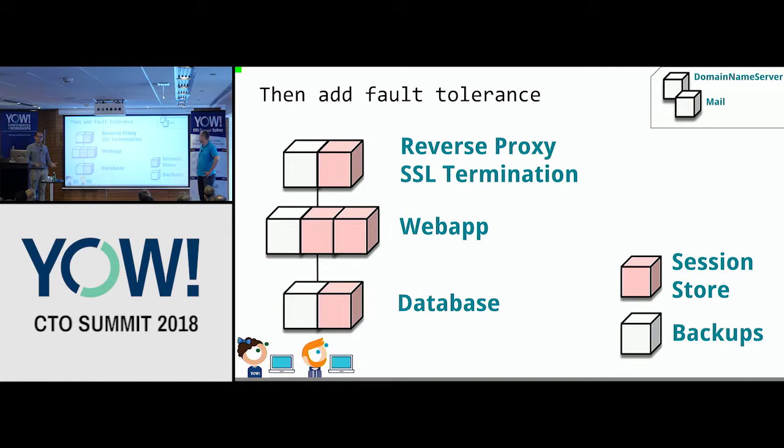She also adds more computation capabilities by adding a few instances of the web application. There are now 3 instances running concurrently, all load balanced by the reverse proxy. She adds a session store as well, so that user session information is not stored on the web app server itself, but is shared across all instances thanks to this session store. When one of those servers crashes, the user does not lose whatever was in his basket or his authentication information.